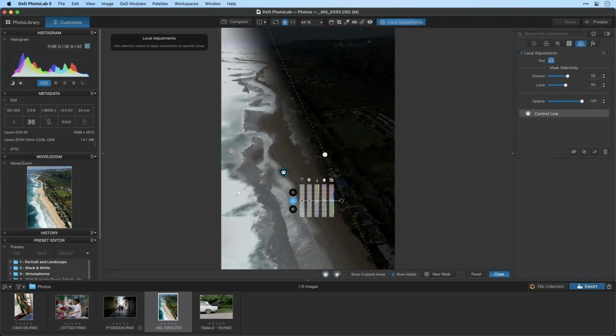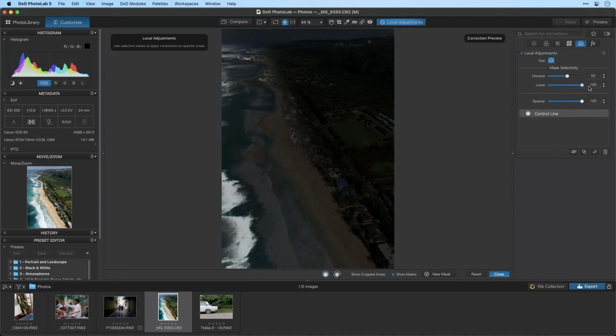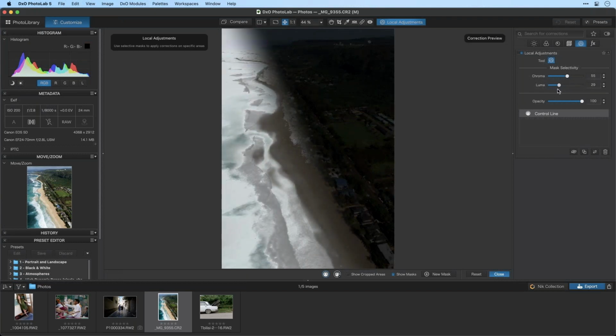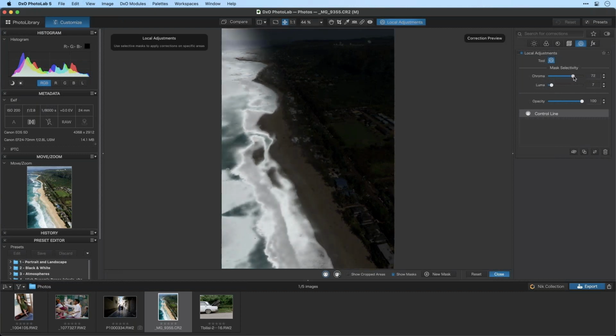But we can see here, we still don't have quite all of this selected. So we go to the Luma, and with the Luma, let's take that way up. And again, very restricted. So remember, we sampled it from a very dark area. So we're only getting the darkest parts of the water selected here. But if I take that Luma slider and I drag it the other way, we get more and more of the brightness values, and all the way down until we're getting basically everything, doesn't matter how bright or dark it is. And even with the Luma, let's take the Luma way down. I'll take the chroma up a little bit. You can see how